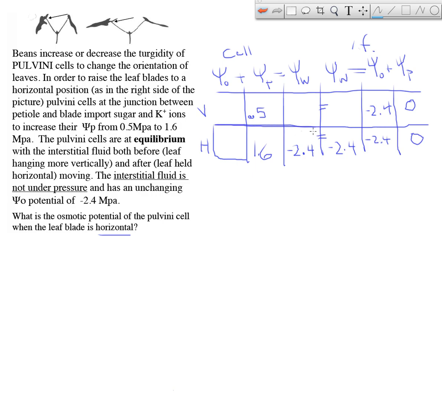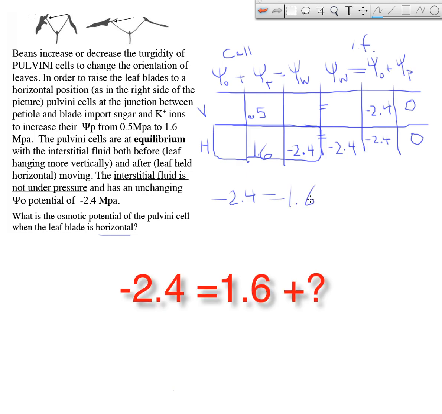And that's minus 2.4 equals 1.6 plus whatever it is I'm looking for. Minus 2.4, that's the water potential, equals the pressure potential, 1.6, plus my mystery number, the number we're trying to find, the osmotic potential of the cell. So minus 2.4 equals 1.6 plus what? Oh, this is going to be a negative number, much more negative than this one. I think that's